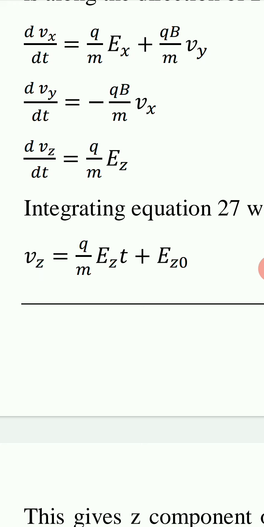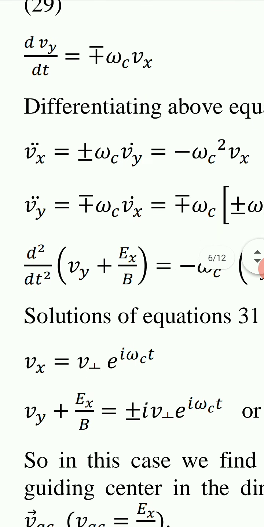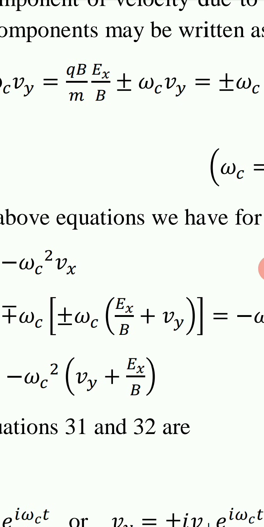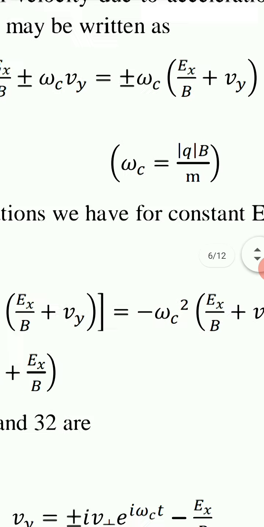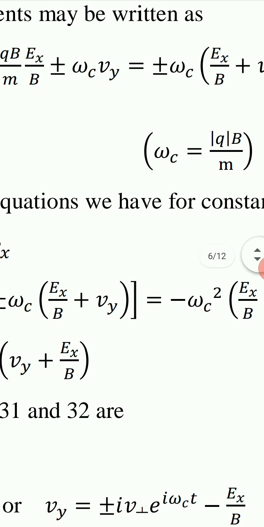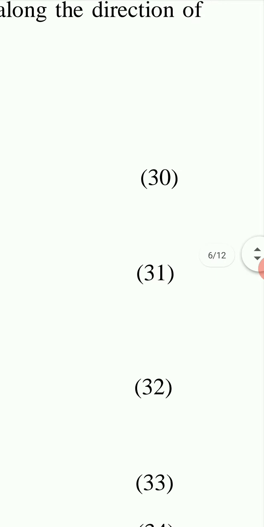We write it as equal to plus minus omega c, and in the first term of the right hand side it is only Q upon M, so we multiply by B and divide by B, so that it becomes QB upon M Ex upon B plus minus omega c Vy, and QB upon M we write as plus minus omega c. Take plus minus omega c as common, so we have inside the bracket Ex upon B plus Vy. This is equation